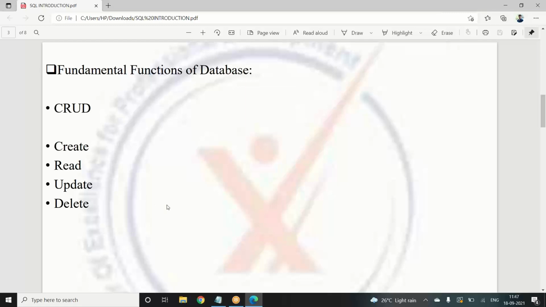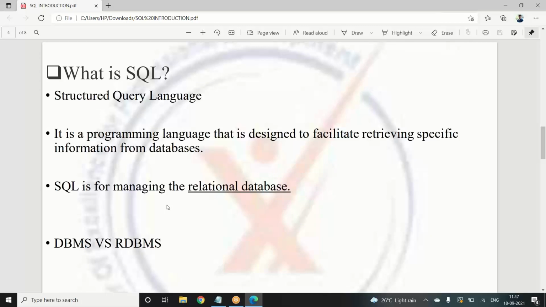Okay, so those are the basic fundamentals. And now we'll come to SQL here. SQL is also called structured query language. It is a programming language that is designed to facilitate retrieving specific information from the database. So what does this really mean?